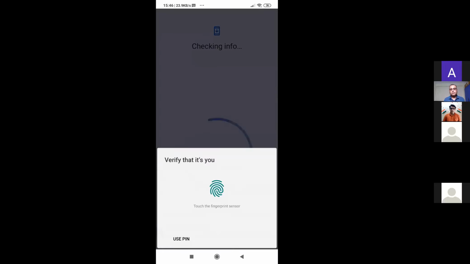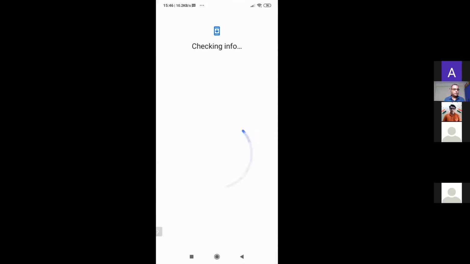Now, this is very important for you to happen. If it's not happening, then you will get the permission error. It is happening because the screen lock has been applied. So I'll use my fingerprint sensor to synchronize this information.